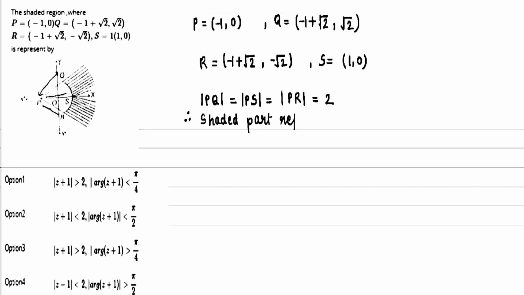The shaded part represents the external part of a circle having center